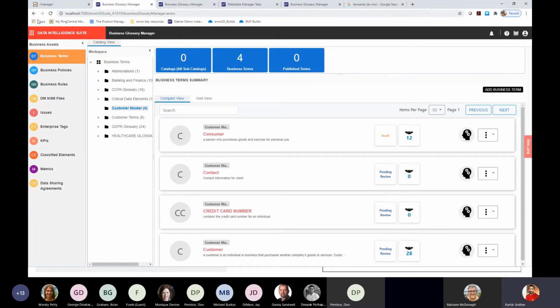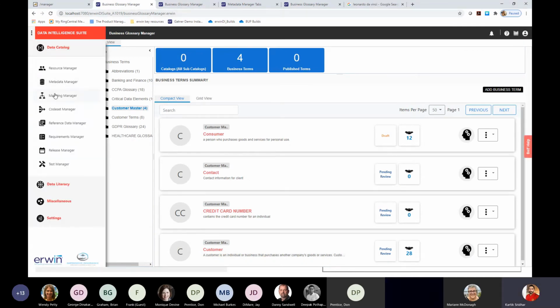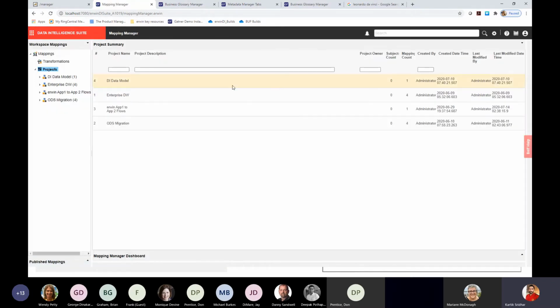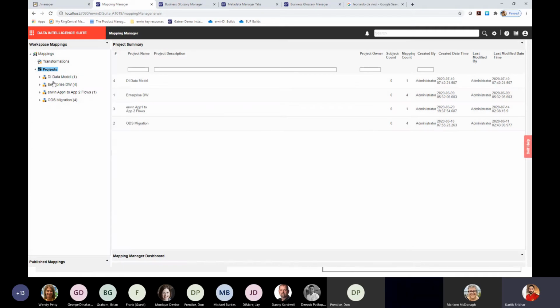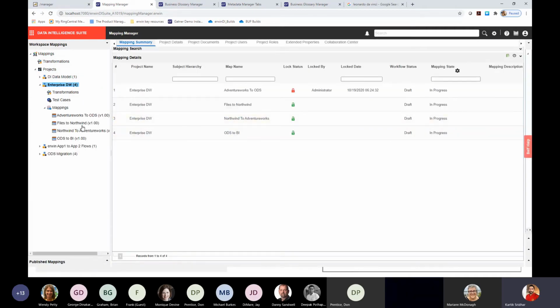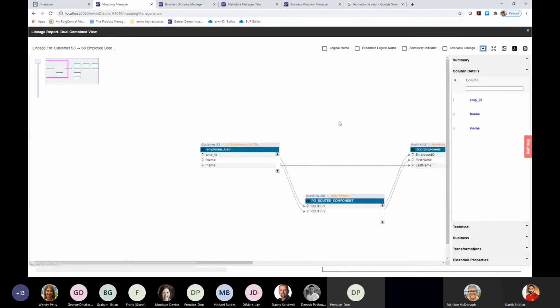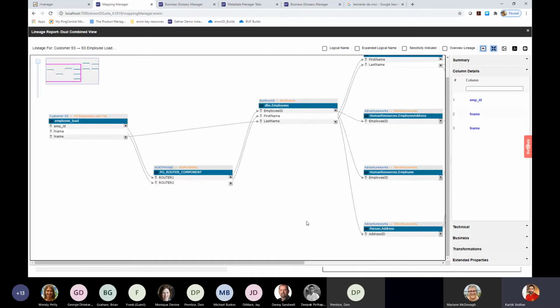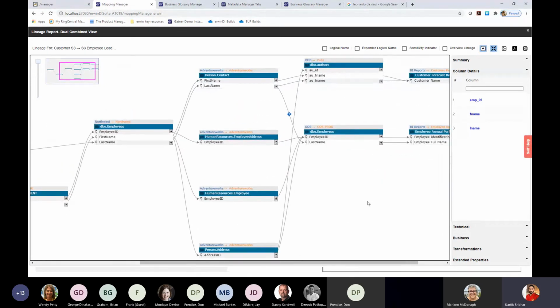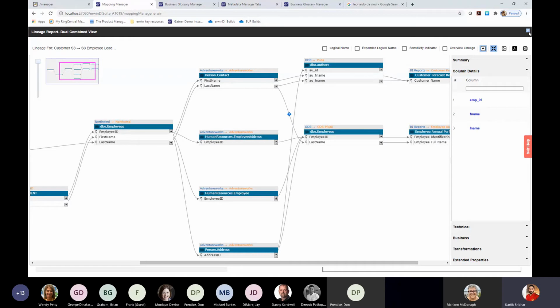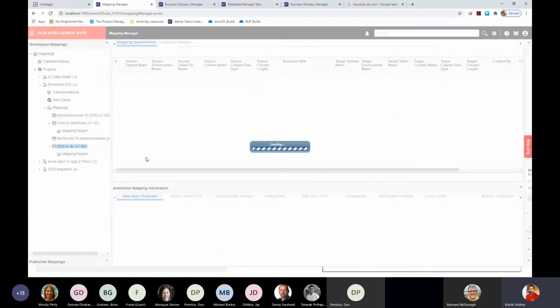And going into the data lineage UI, if I just flip over to Mapping Manager, you can access the data lineage both from the Mapping Manager and the Metadata Manager components. So if I go into Mapping Manager here to access it from here, I can start from a system, environment, table, or column. So let's say I start on a table over here. And I can expand this or auto fit this here. So what we've done in this version is, let me just close this and open a bigger report.